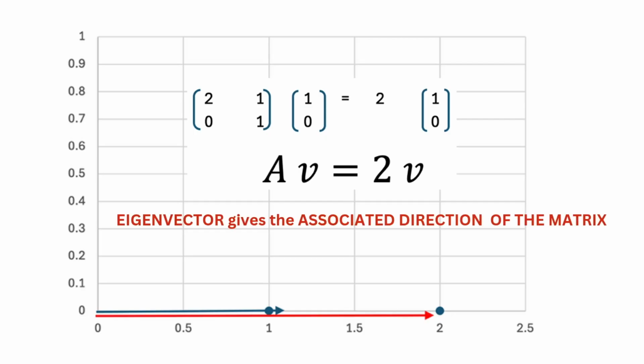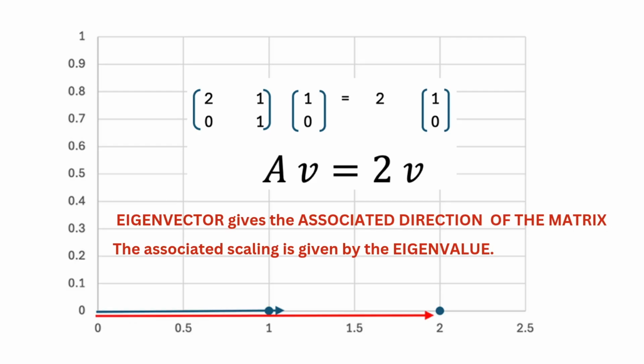So an eigenvector is a vector that belongs to or is associated with a matrix in a special way. When you apply the matrix to the vector, the result points in the same direction but is just scaled by a number. That scaling factor is the corresponding eigenvalue. So here (1, 0) is the eigenvector and 2 is the eigenvalue, the amount by which the eigenvector gets scaled up or down without changing direction.